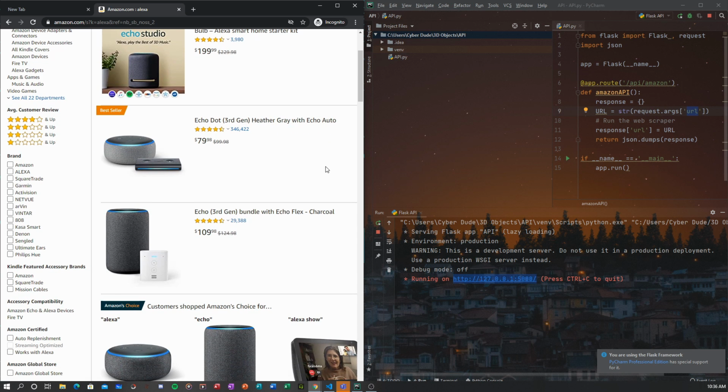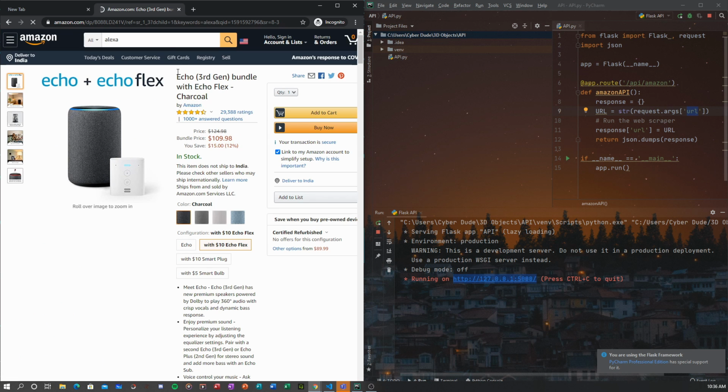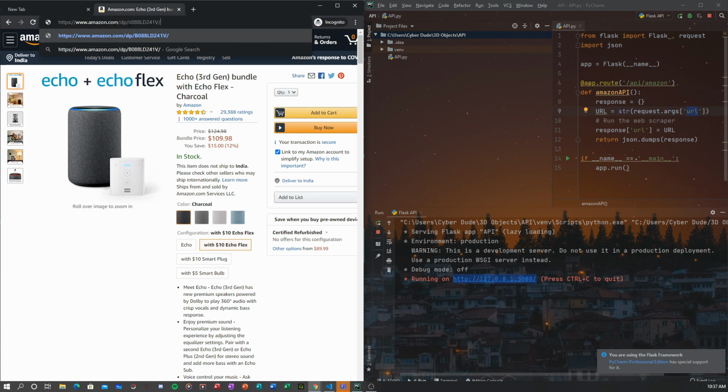Let's take this one for example, and you can remove the section after the slash, from ref onward, and this is all that is needed.